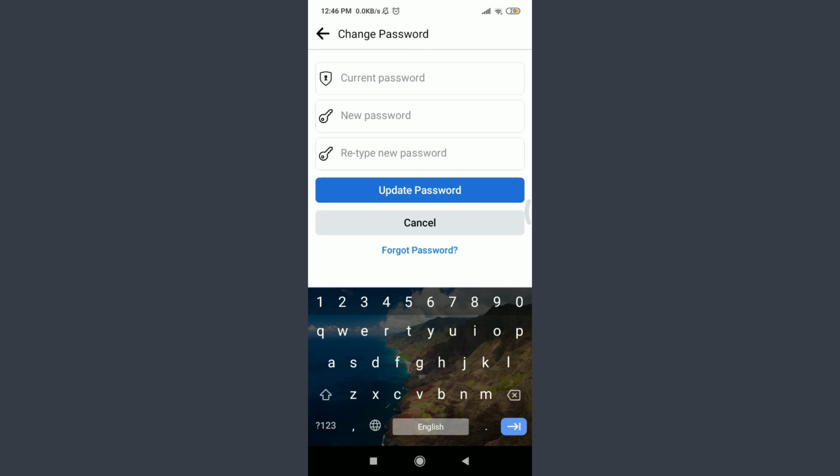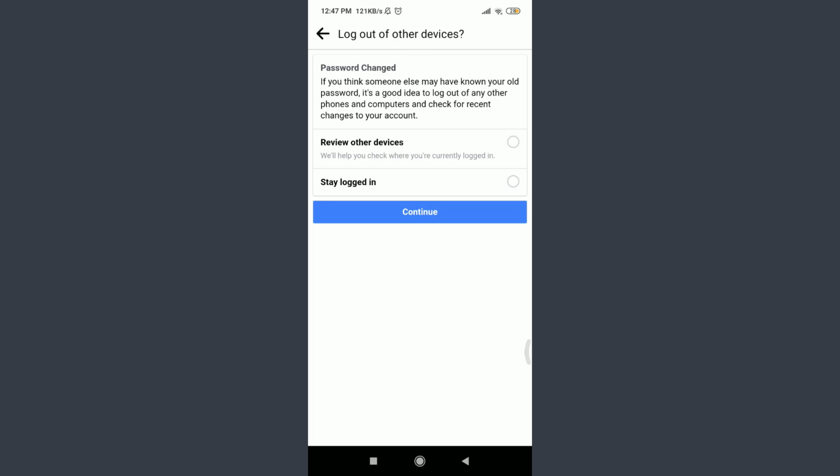Tap on Change Password. First of all, you need to keep your current password connected to this account and then create a new password. Make sure to make it stronger and then retype the new password once again. When you're done doing all, tap on Update Password below. So you can see that it's being loaded and you can see that on the above, password has been changed